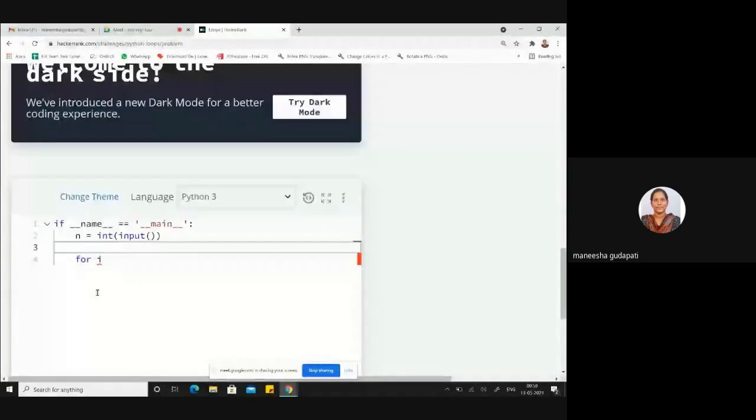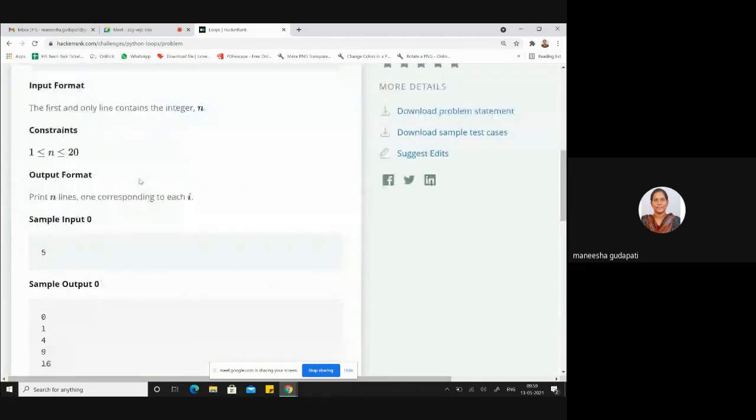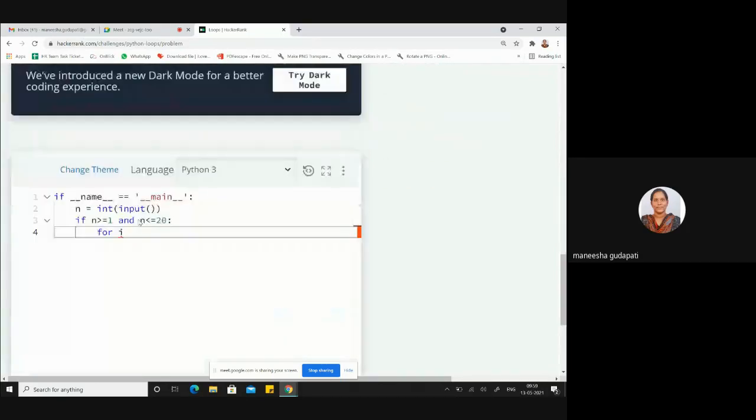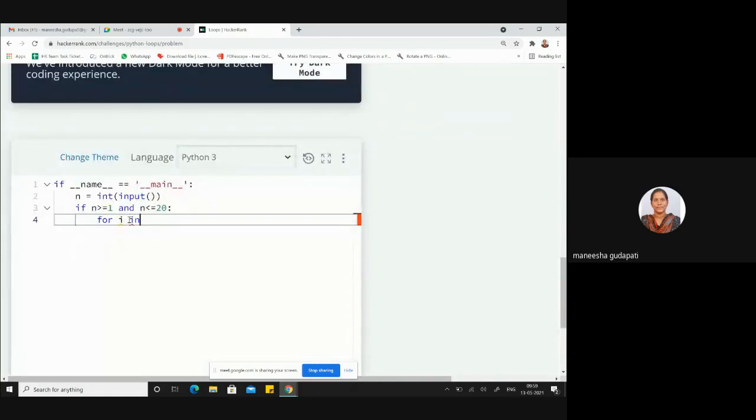So if n greater than or equal to 1 and n less than or equal to 20, then we have to include the for condition. So here we have to use the range function. Why we have to use the range function? Because we need to get all the values from 0 to n minus 1. So I can directly use range of n, then I will get all the values from 0 to n minus 1. So for i in